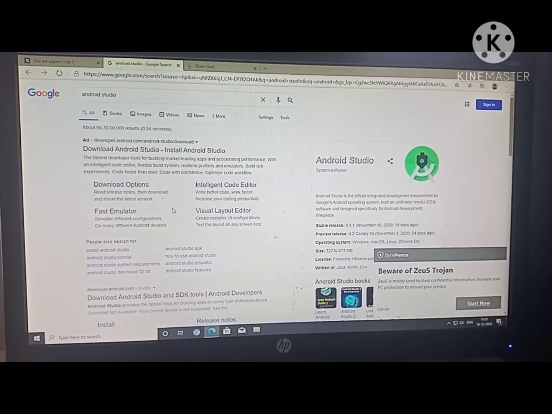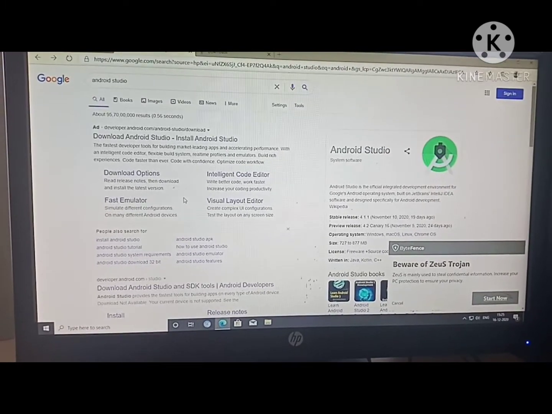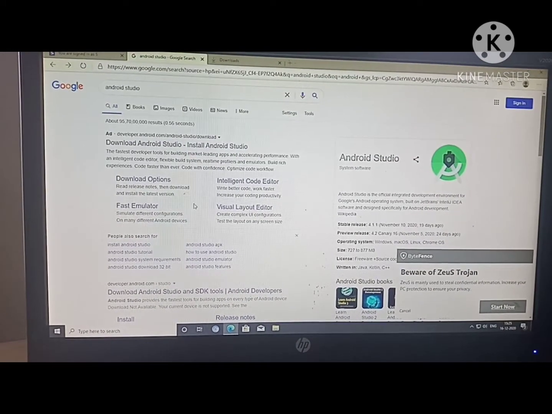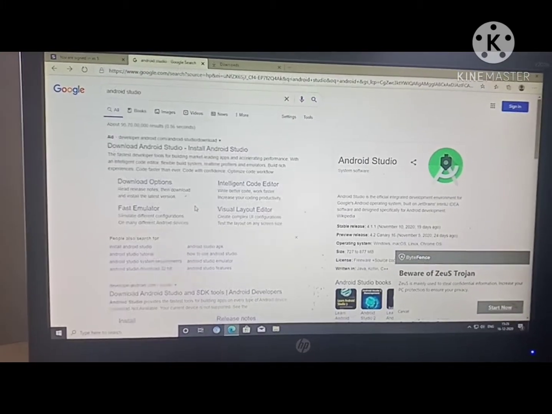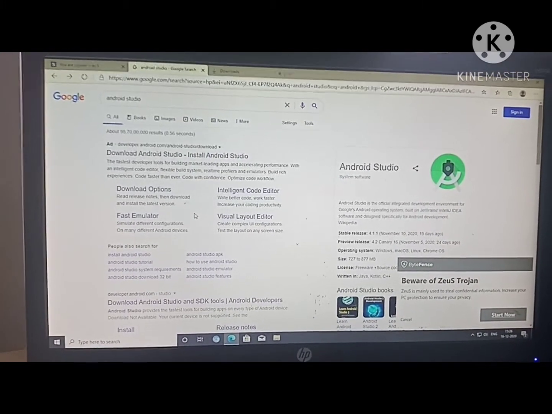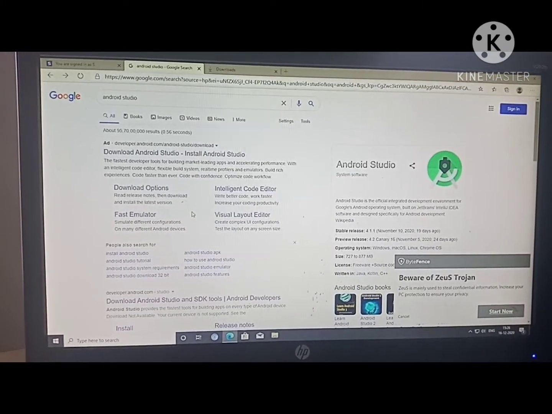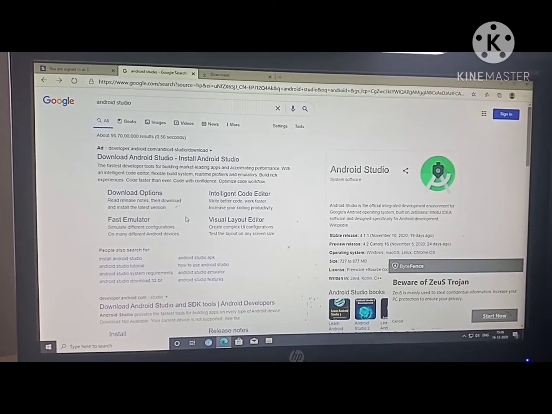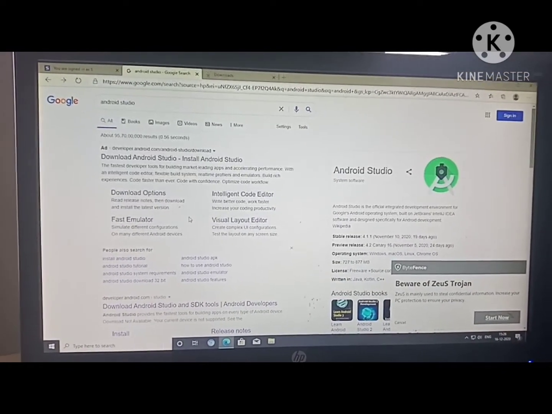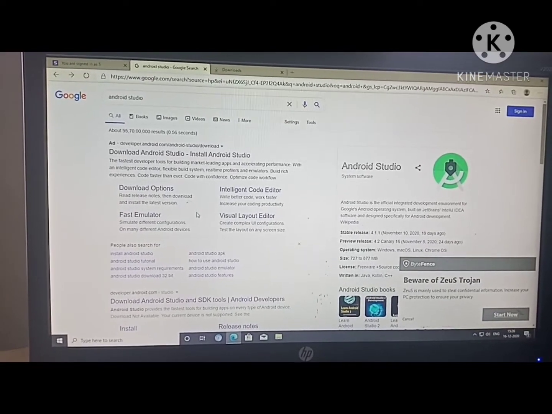So today we are going to see how to download and install Android Studio. Android Studio is Google's IDE for Android apps. It gives you an advanced code editor and a set of app templates, and it contains tools for development, debugging, testing and performance that make it faster and easier to develop